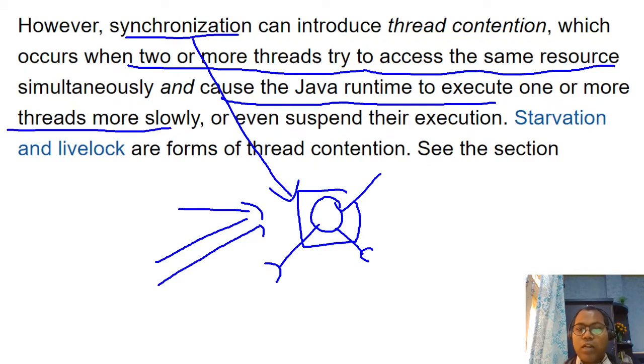So these are some pros and cons. Java threads communicate using shared objects, shared resources. We use synchronized to solve the problem, but when we introduce it, we have a different kind of problem that you also have to take care of.